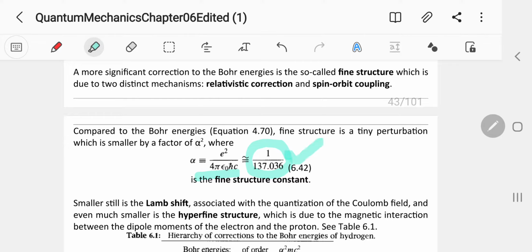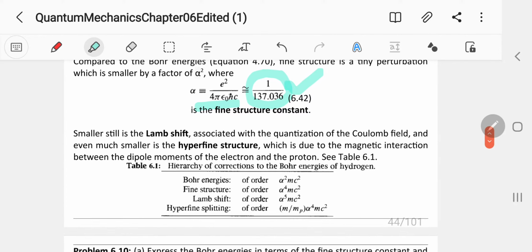This is a dimensionless factor, and this is called the fine structure constant. It's 1 over 137.036. Much smaller correction would be that of the Lamb shift,